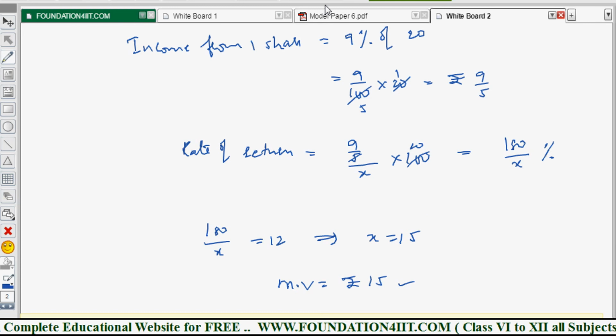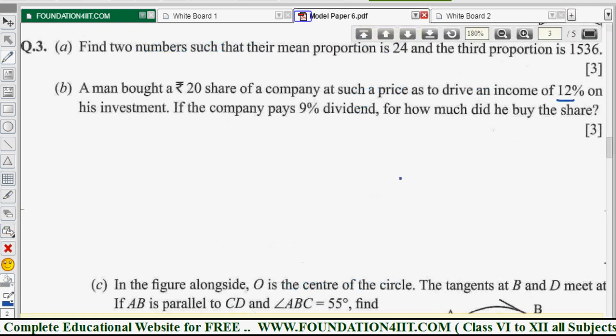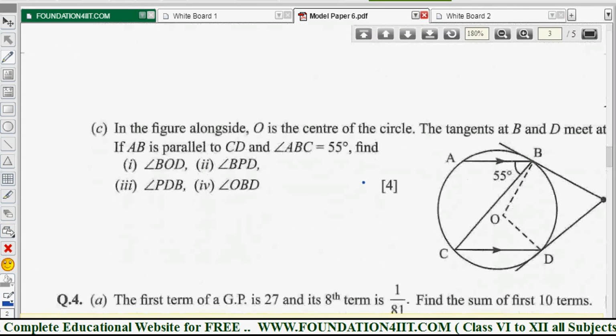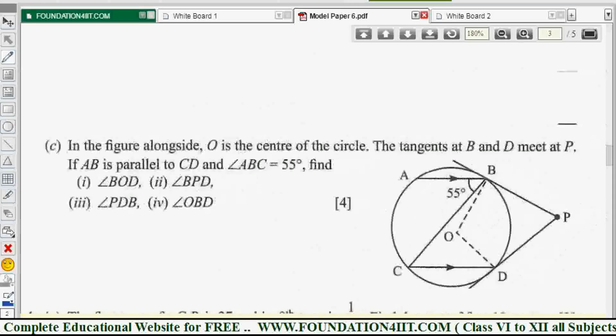Let us see the next question. So market value is 15 from this. Next one in this,